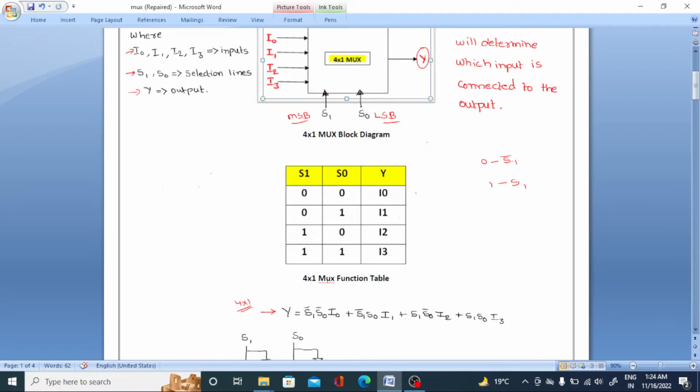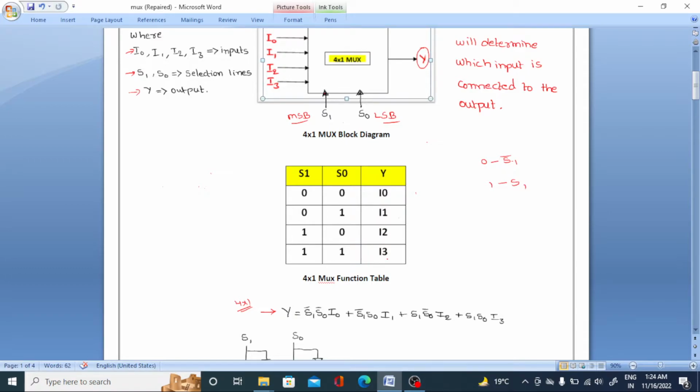In the same way, 0 0 means S1 bar into S0 bar into I0, plus the 0 1 combination, S1 bar S0 into I1, plus the 1 0 combination, 1 means S1, 0 means S0 bar, into I2, plus